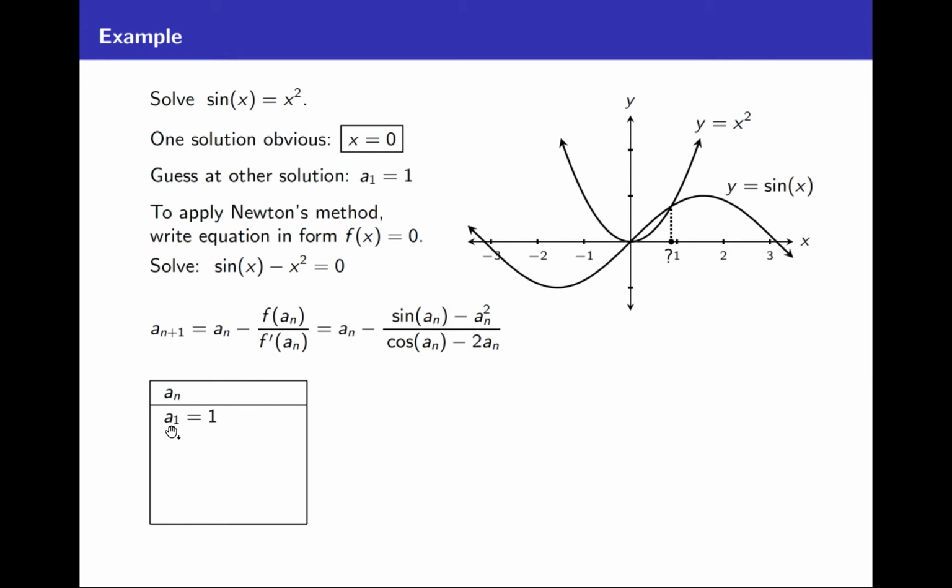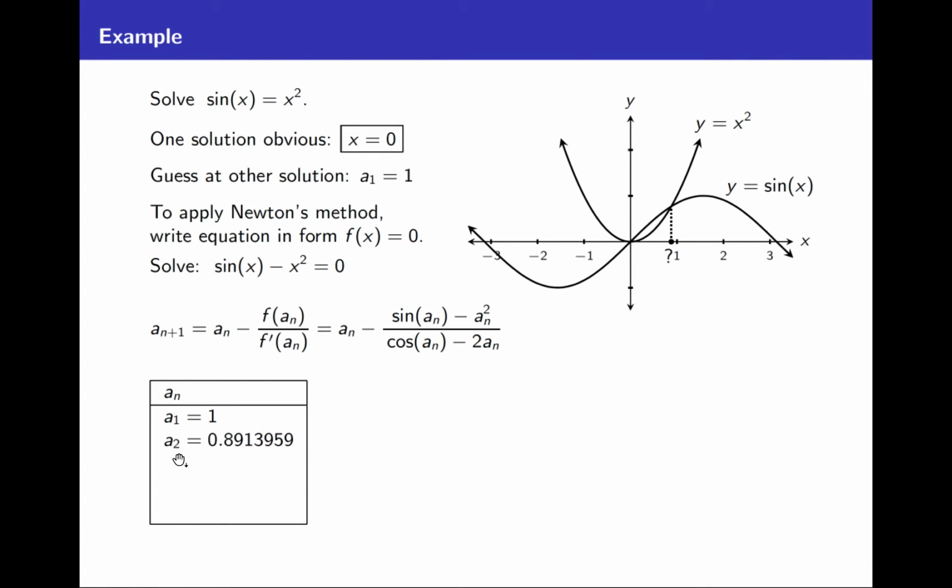The next step would be to plug a sub 1 into this expression to get a sub 1 plus 1, or a sub 2, plugging 1 into the sine and the cosine, squaring it here and times 2 there, and so on, and making sure your calculator is in radian mode. Plugging in 1 for all the a sub n's,